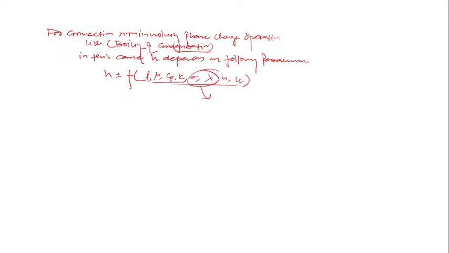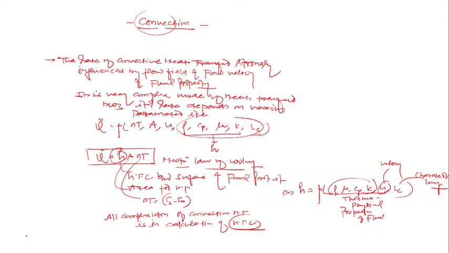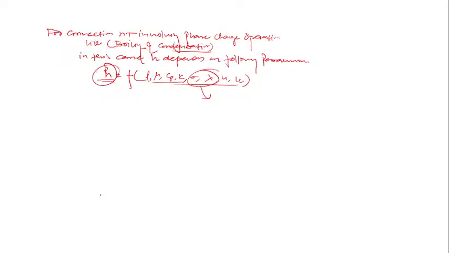So the dependency of the heat transfer coefficient on parameters increases. Obviously h depends upon a number of parameters. Although h is not a property, it depends upon the properties of the fluid, so you should not say that h is a property. It is simply a term which depends upon the fluid properties and various parameters. So you can see the variation of h with the number of parameters. The question is, how can you find its dependency on various parameters? It's very difficult, yes or no?